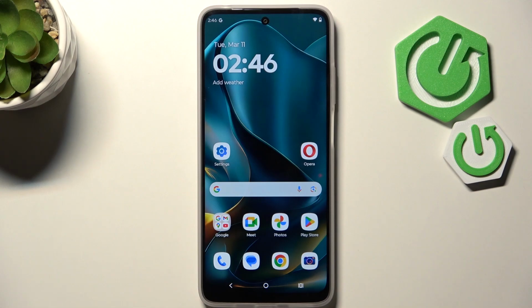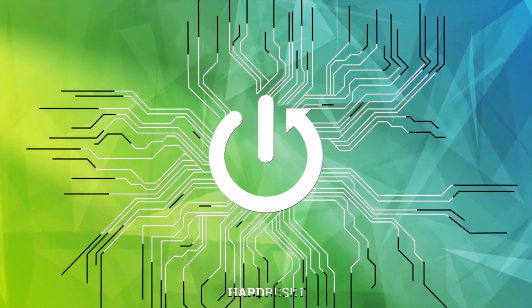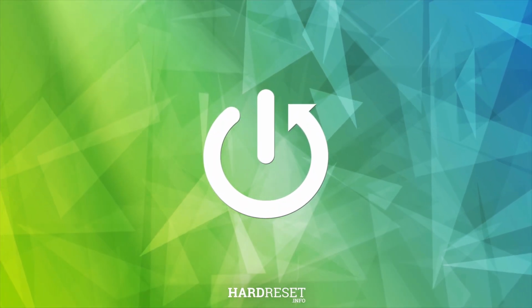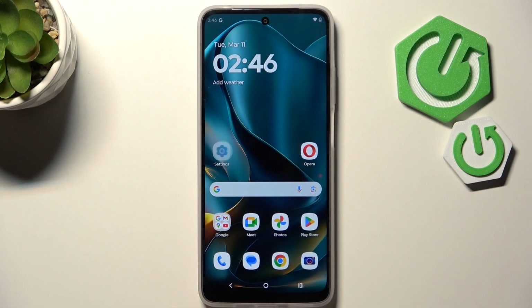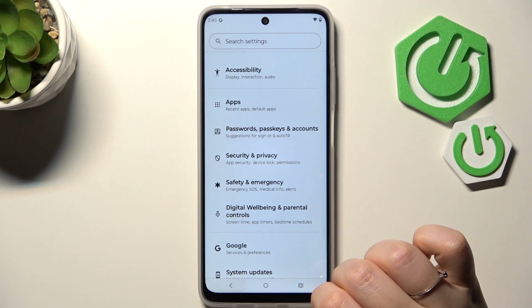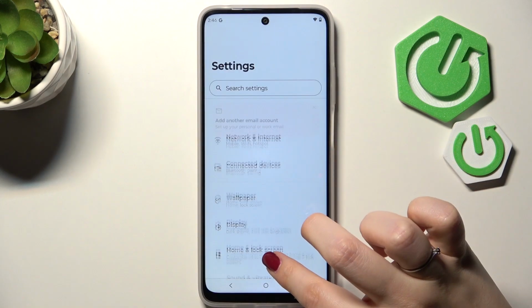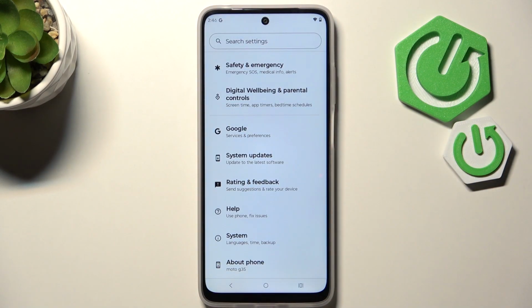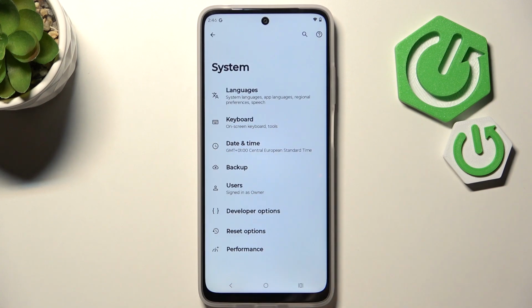Hi everyone, in front of me I've got Motorola Moto G35 and let me share with you how to enable the Google backup on this device. So let's start with opening the settings, and here we have to scroll down to the very bottom to find the system. Then let's tap on backup